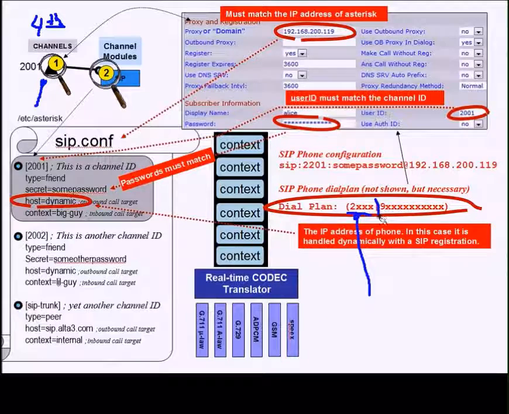digits, and then you see the pipe there, which means OR, and then we see a 9 followed by 10 additional digits, where X means any dialable digit. So if I dial a 2000 number, or if I dial a 9 plus 10 digits, this dial plan will be satisfied, and upon satisfying it, a SIP invite will be sent to the IP address that we have specified